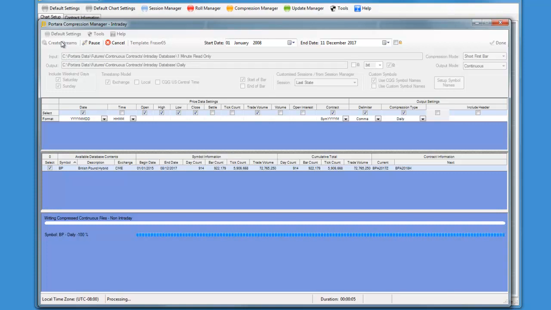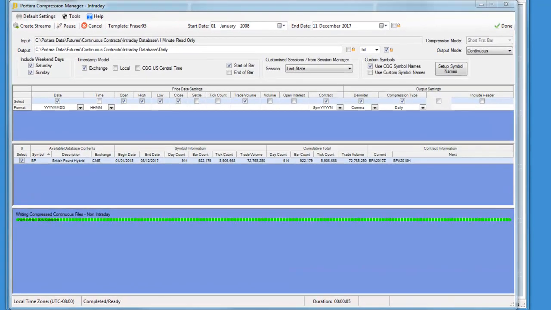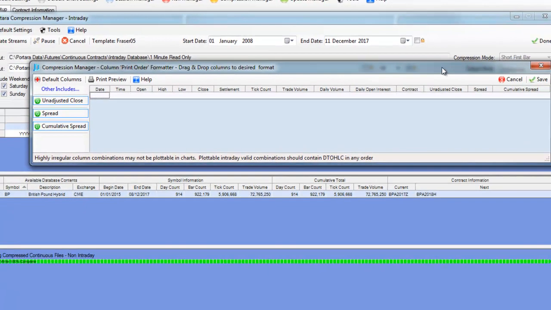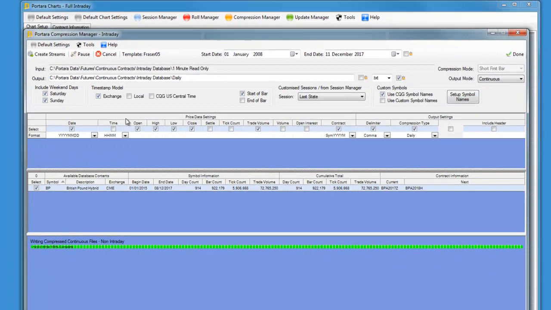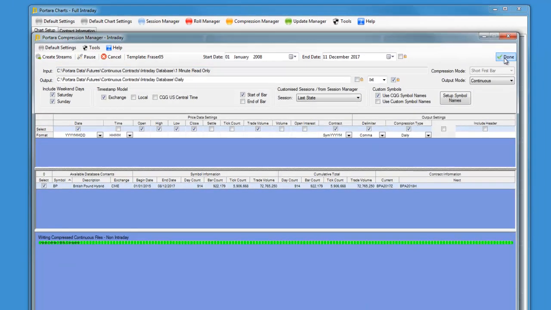We'll create our daily bars, and I'm just going to check whether we had the advanced column formatter on. You can choose to have an unadjusted close, a spread, and a cumulative spread in it. In fact, you know what, let's do that. Let's put them in, and they will then appear as extra columns in your data like that. So we'll save, and we'll run that again just for the sake of a quick test, and then we'll close that,